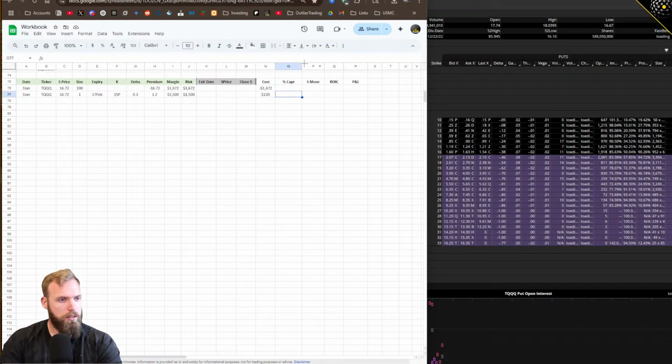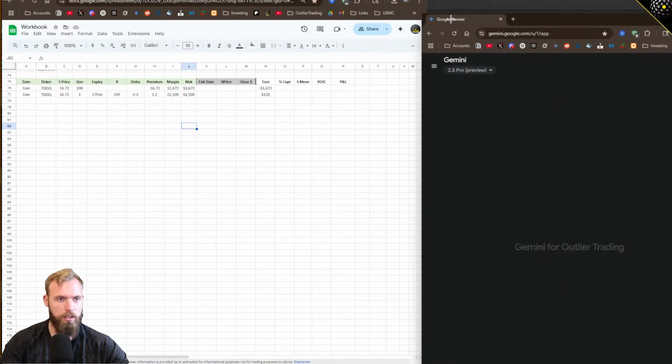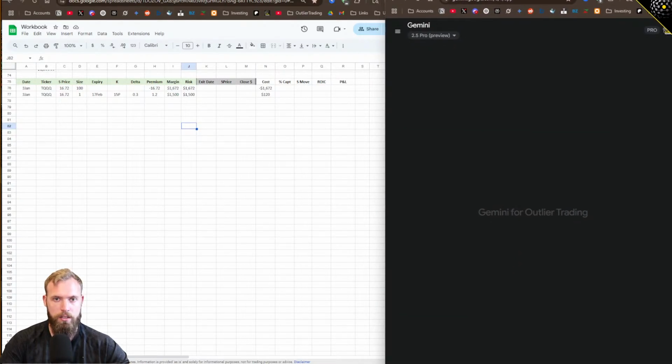All right. Percent capture doesn't matter that much. Stock move we'll figure out later. Okay, Reese votes for that, which is completely cool. Let's do that super fast. It really won't take that long. So I'm grabbing Gemini just because it literally happens to be up. So I would tell it, in Google Sheets,